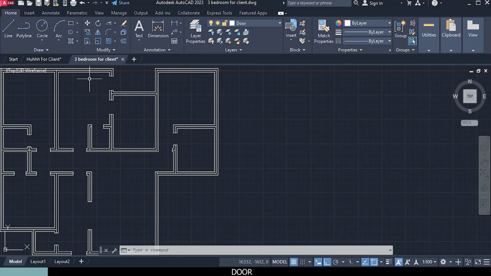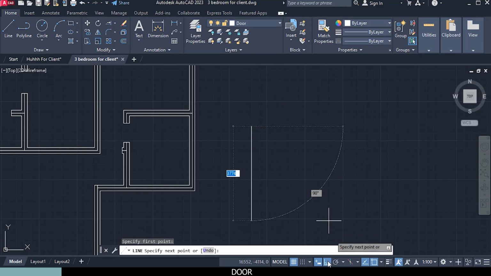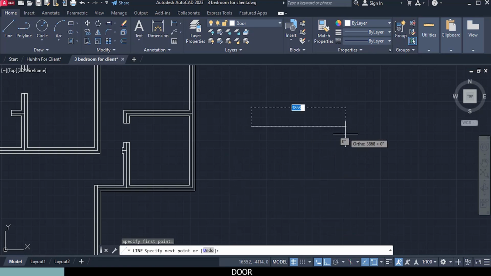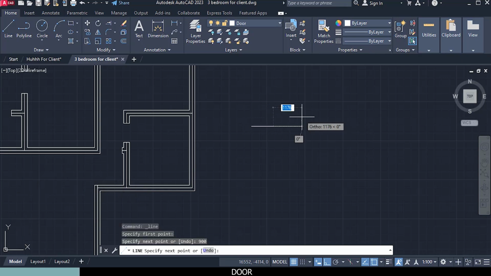Yeah. So now what we want to do is to click on our line. I want a guideline. Click once, come all the way. If your line isn't straight, don't forget to turn on your auto mode, and then come this way and type in 900 millimeters, which is 3 feet for our door size. Press enter again to end that command, and now